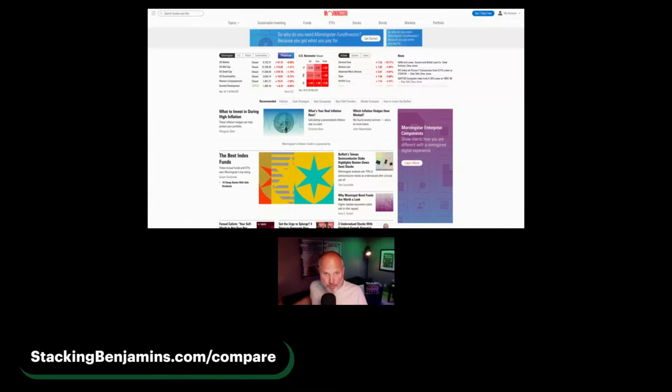Value, how much value is in there. So left is value, and right is growth. Value companies will generally go up and down a little less. Growth companies will go up and down more. Now, what's cool about this, the more that you know, just to nerd out for a second, is that even